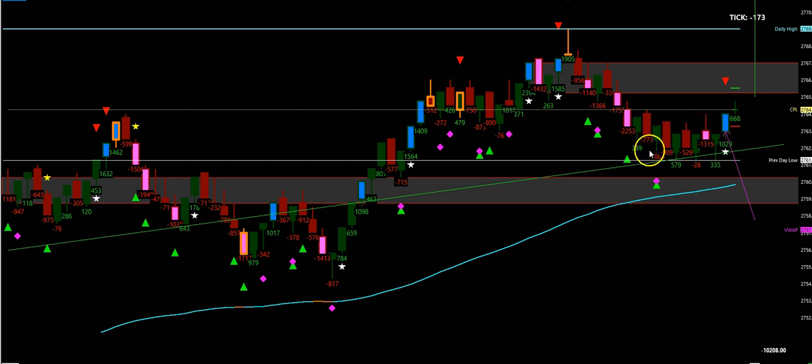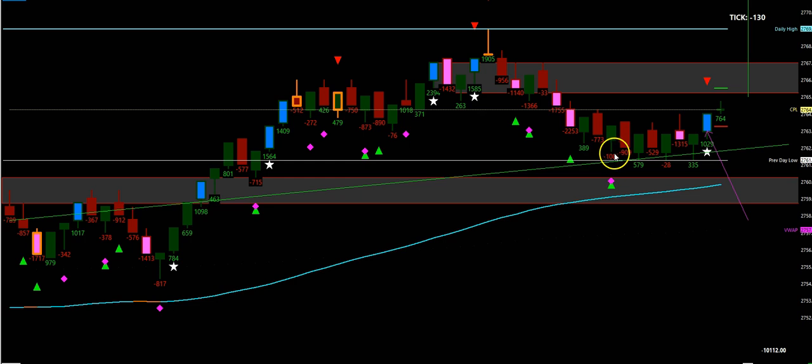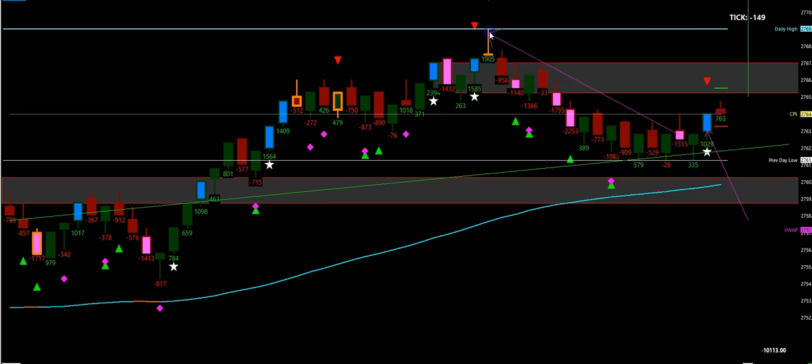After, you can see we had multiple attempts to push lower through here on the base. You can see the negative 1083. You can see the negative 529. They couldn't make any progress to the downside. Usually that means you have the shorts trapped. And so we would now look for a pop and a retest of this high right up here at 2769